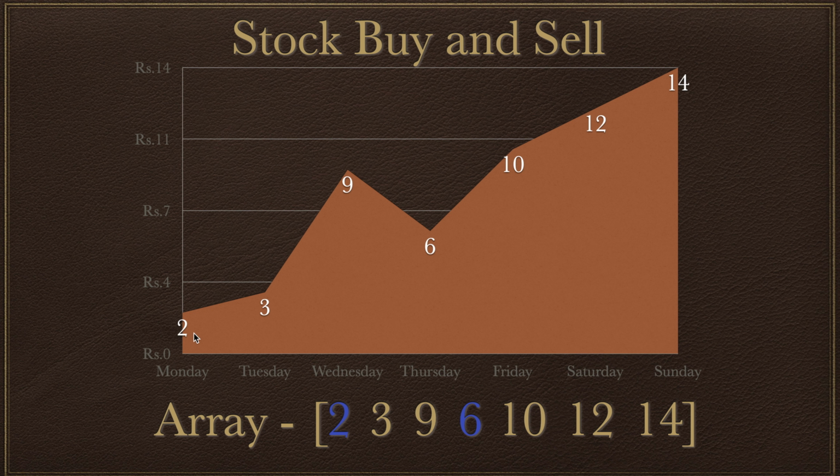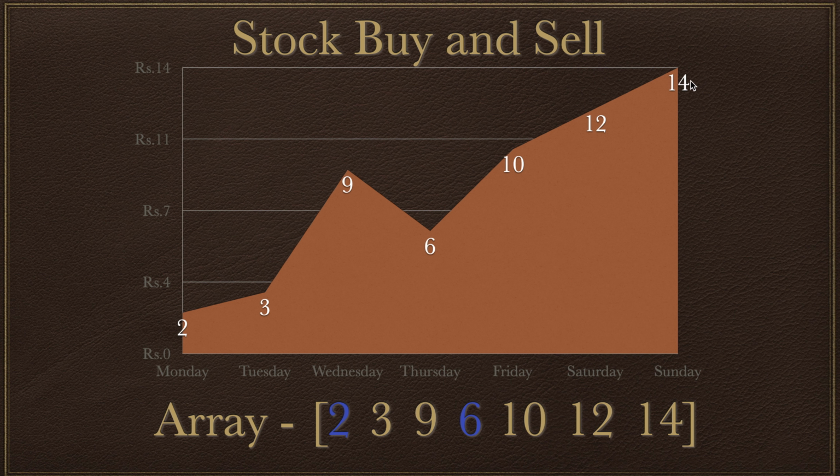So here let's assume, because the price is increasing on Tuesday, I am buying the stock on Monday when the price is 2. So I buy the stock when the price was 2. On Tuesday the price went to 3. On Wednesday the price is 9, and now it's decreasing on Thursday. I'll sell my stock on Wednesday when the price was high. I will again buy the stock at 6, and you can see after 6 on Friday the price is increasing. Again on Saturday it increased, and on Sunday, the last day, it increased. This is the maximum we can get from this array. So I'll be selling my final stock here.